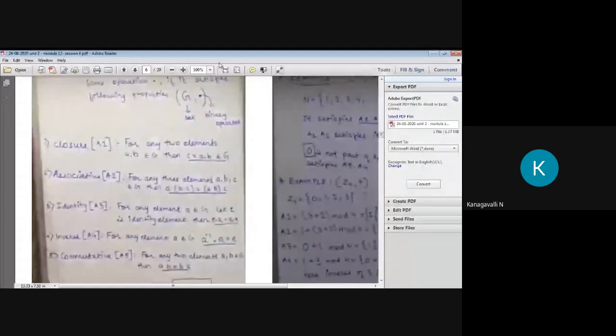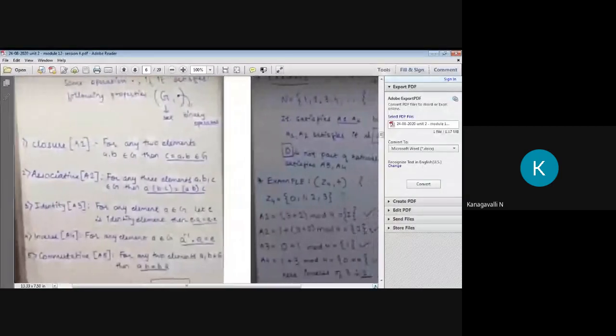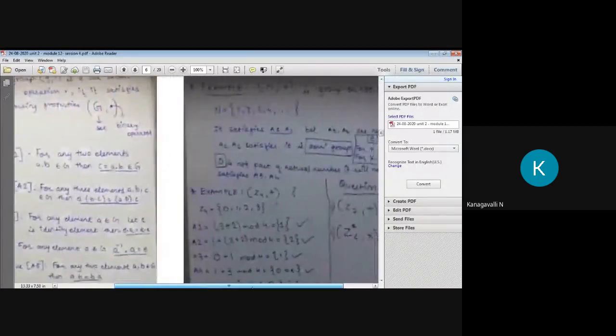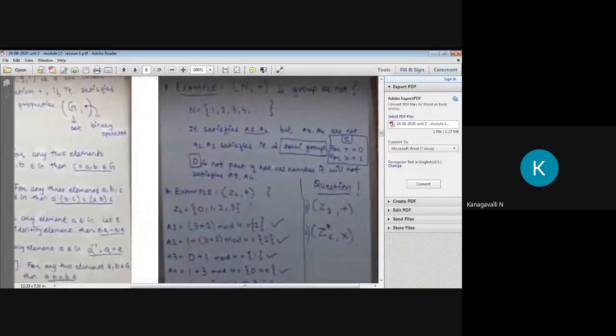So then see the parallel, the sum. For example, (N, +) is a group or not. You have to check whether (N, +) is a group or not. So what is N? N is the integers. Here I didn't specify any general term for your n, right? So that means 1, 2, 3, 4, up to n numbers, right? If you want, you can finalize your n as some number.